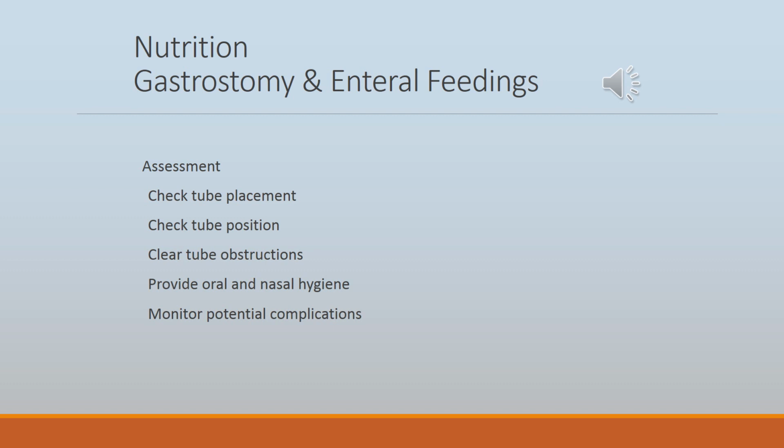When the tube is first noted to be clogged, a 30 to 60 ml syringe should be attached to the end of the tube and any contents aspirated and discarded. Then the syringe should be filled with warm water, attached to the tube again, and a back and forth motion initiated to help loosen the clog. Clearing tube obstructions is essential so that medications can be input or drainage can be expelled.